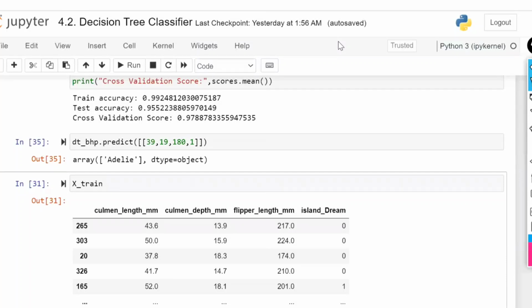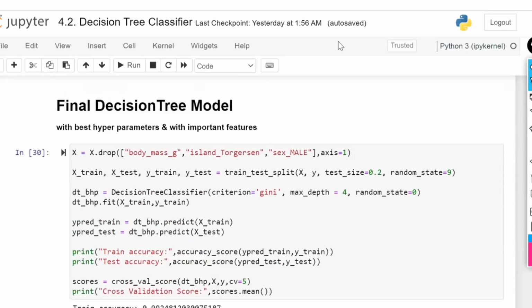Clear? Decision tree is clear? Any questions on decision tree? No questions? So you are going to create, once again, business problem understanding, data cleaning, data wrangling, after that modeling with default parameters, followed by applying hyperparameter tuning, identifying the best hyperparameters, and again rebuilding the model. Every time it's the same.